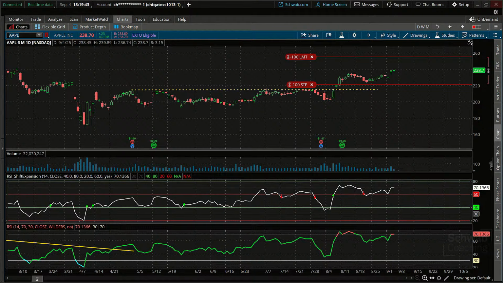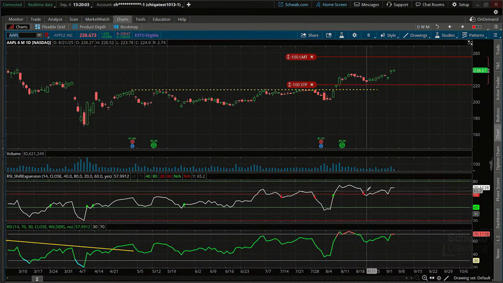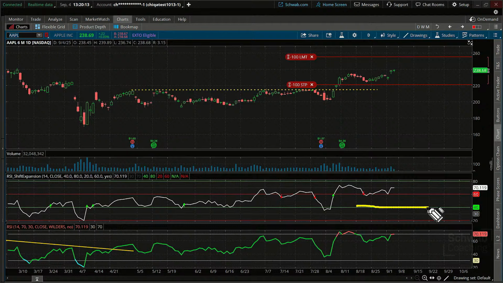All right, so this is a shift, an expansion shift, really, or shifting to expansion. I just said RSI shift expansion. It's a shift expansion into momentum, up or down. Key point though, just because you're getting a red arrow here does not mean necessarily that you should get out of that trade. Like I noted previously, as long as you're holding above this level here, the 40, sometimes those bounces are really quite strong.